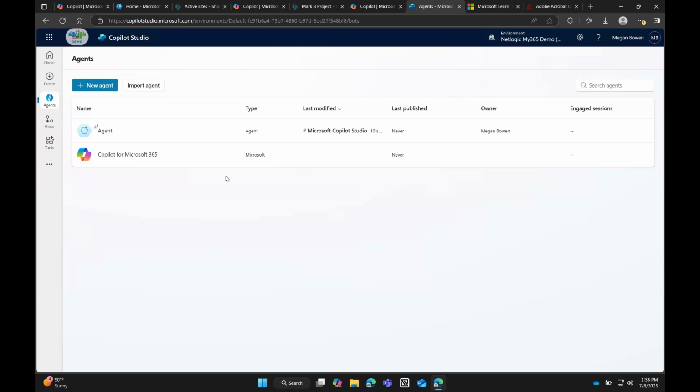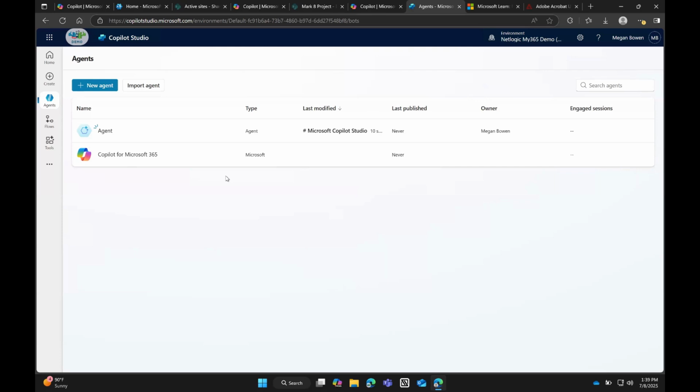So usually it's about $200 a month, which if that puts you in the back of your seat, look at it as if you have more than 10 people using Copilot for Microsoft 365, the $200 a month for Studio and having everybody use the agents you build there, you can really come ahead using Copilot Studio rather than the other agent.